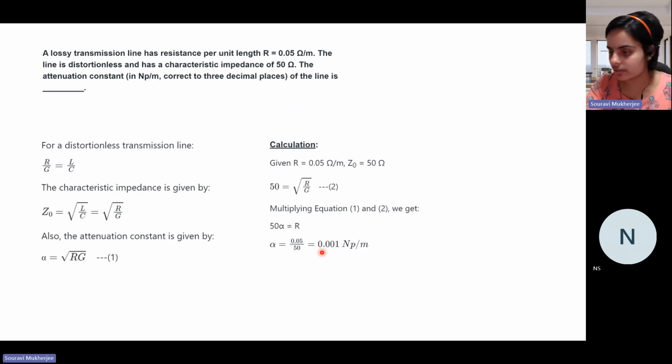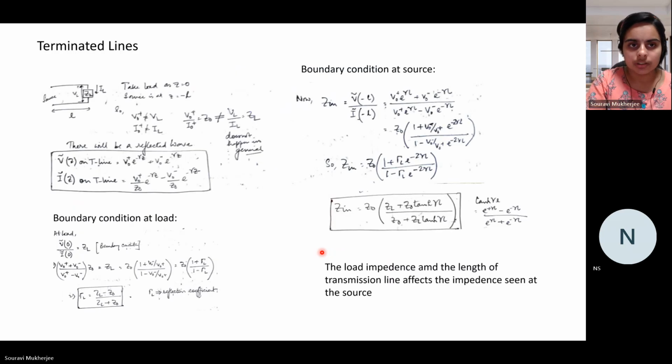So that's how you have to use these relations. I'm just giving some primary examples so that you get an idea of using the relations. Now, till now what we discussed was the case where we had an infinite two-conductor system,